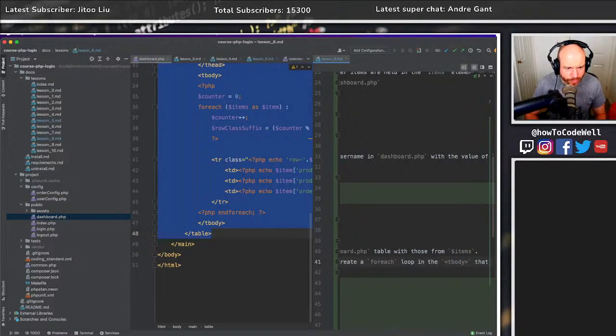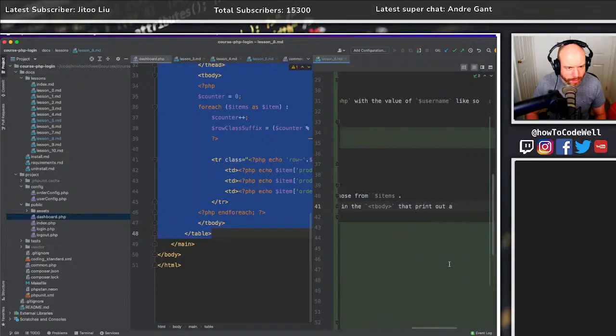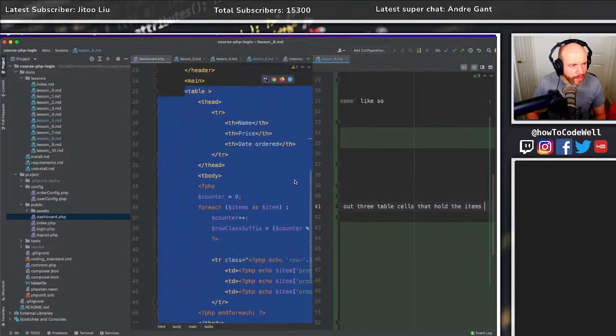That prints out how many cells? 1, 2, 3. 3 cells. That prints out 3 table cells that hold the items. What are we looking at here? We're looking at name, price, and date